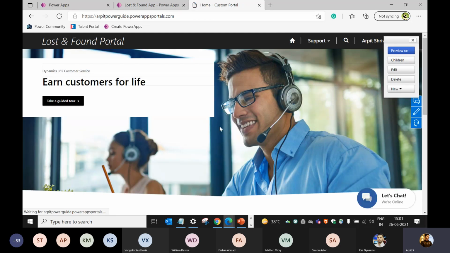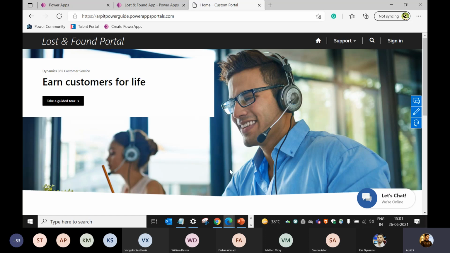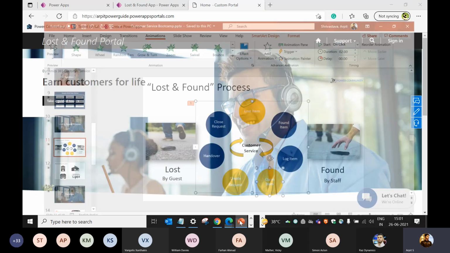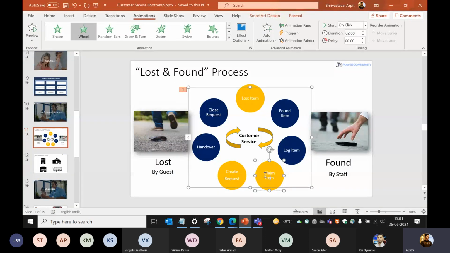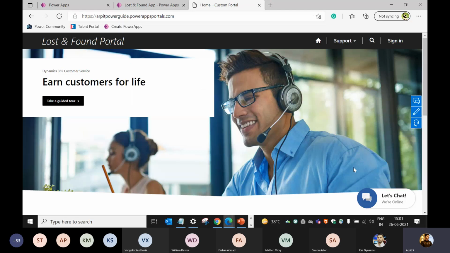The second way to do that, I'm just signing it out for the time being. All right, this is the first way that I can log the request. So I've actually claimed the item and the request has been created. So these two processes have been done by the customer. Now the second way to do that is the chatting option that I've already told you.